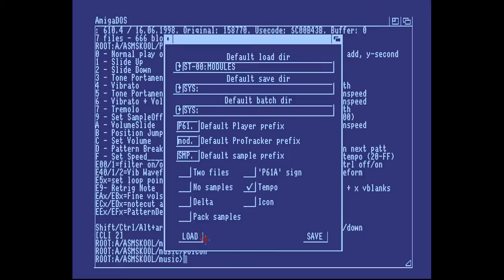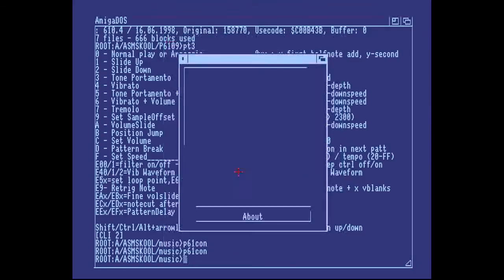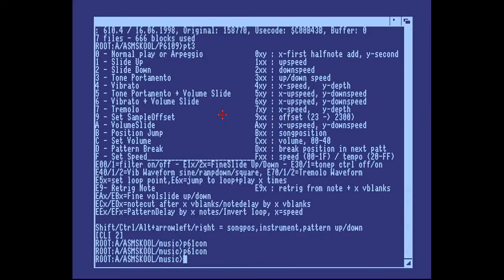I'm not that sure that the playroutine was finished to pack the samples. Either that, or it expects the programmer to use some standard impulsive decompression routine or something. Anyway, these are the settings. So let's head into